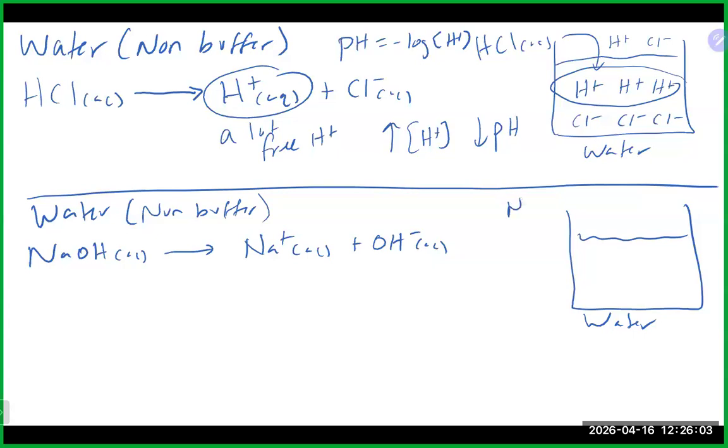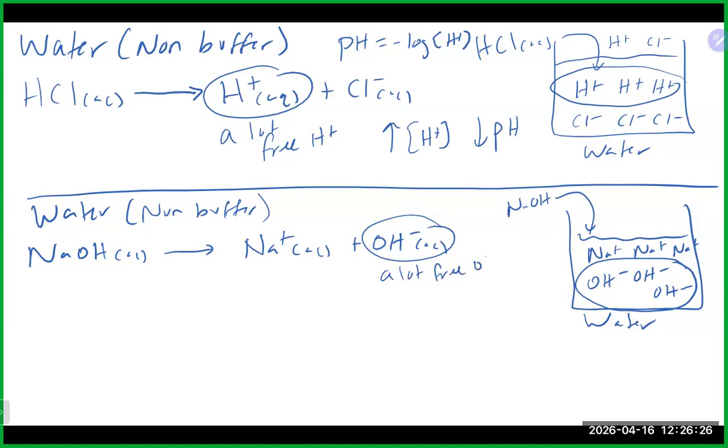And when our sodium hydroxide goes for a little swim here in water, it will break apart completely into, like I said, some sodium ions and hydroxide ions. Now, in this particular case, we're not producing H plus, but more importantly, we're actually producing a lot of OH minus that's free in the solution. So we got a lot of